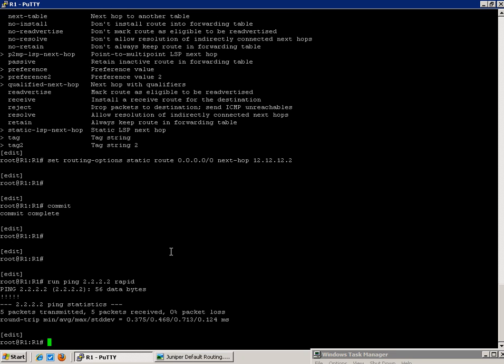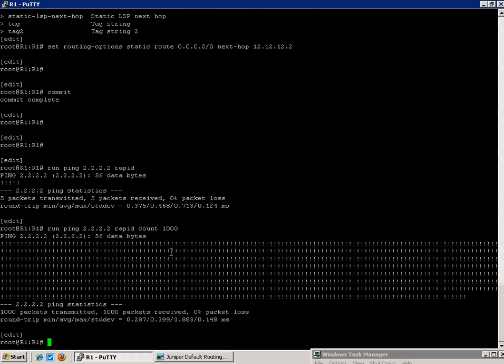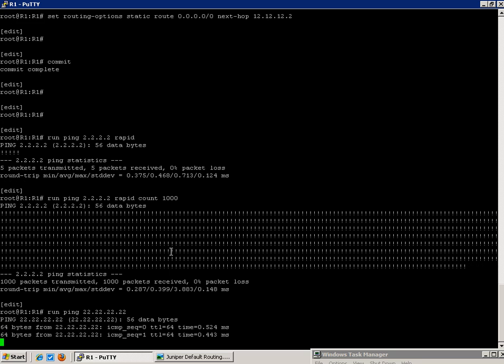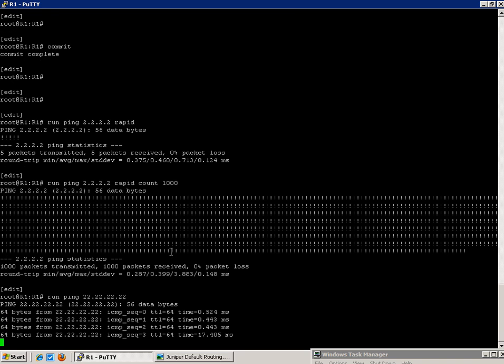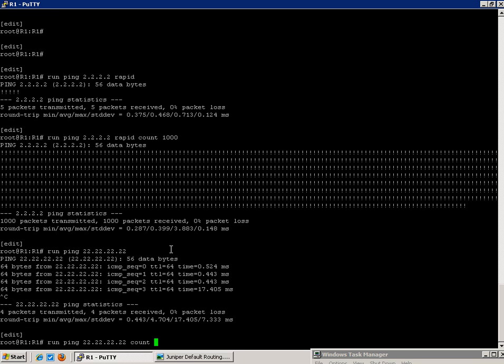Let's do a rapid, with a count of 1000 so you can see. As you can see, we are successful. So R1 is able to ping the 2 network. Let's see if router 1 can ping the 22 network as well. As you can see, router 1 can also